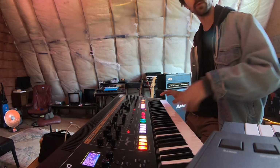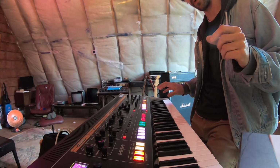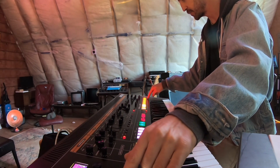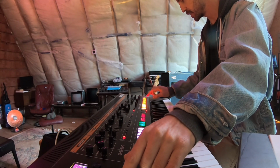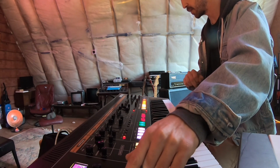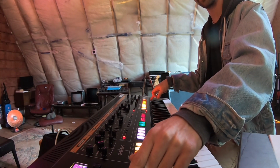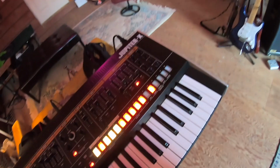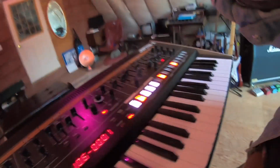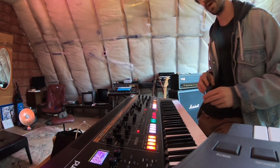If we hit shift, oh, you know what? And it's real difficult to do with that GoPro in my hands. But if we hit shift, the last 5 here, rather 11 through 15, are what turns on and off the ARP switch for each individual part. So right now, I'm just turning on number 2, which is our Juno patch. Now, if there's anything good in the world, I can turn that on and,